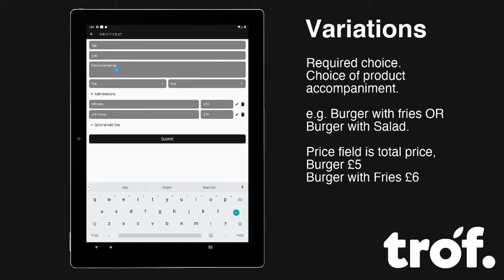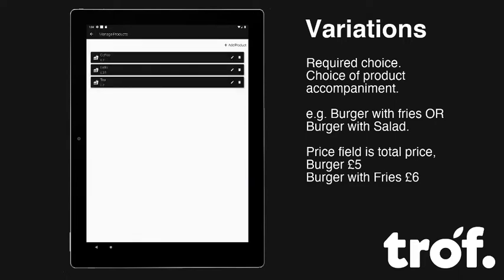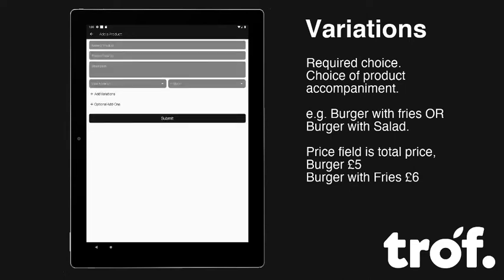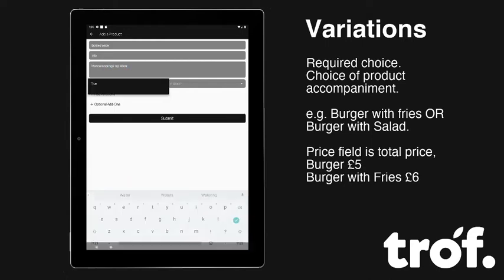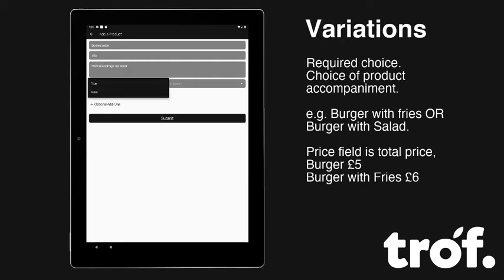Clicking the submit button adds it to the menu, and now you can see we have tea. So if I was to go through and add another product, so let's say add bottled water, which would cost £1.50. We don't have any variations perhaps of bottled water. Maybe it's just Peckham Springs tap water. We want to show this in the menu, and we want it to be in stock,